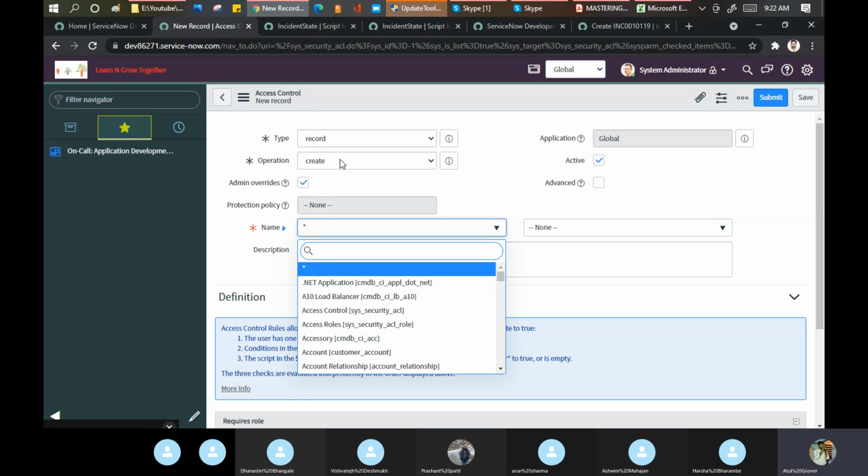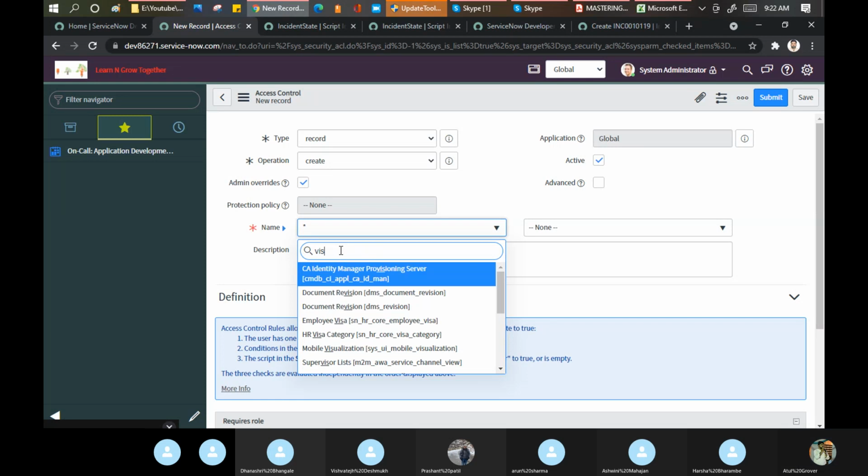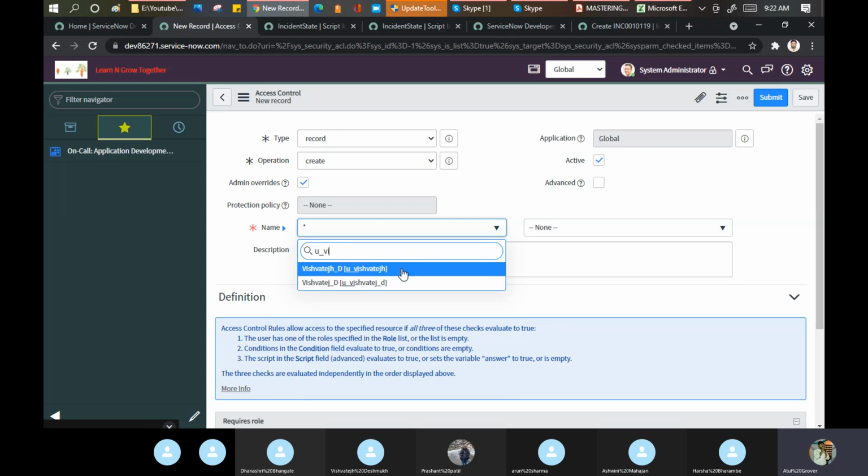If I put anything specific, let me put Vishwajit table. What this means basically is that I am creating this ACL on a specific table now. That is the thing which I told, table level or field level. So I say it's a table level.